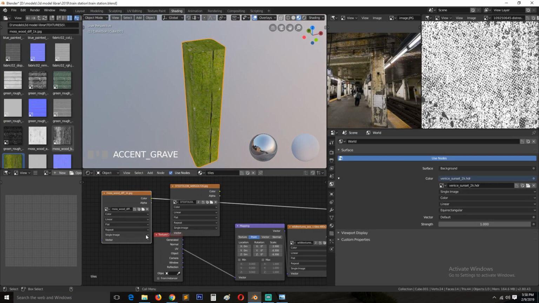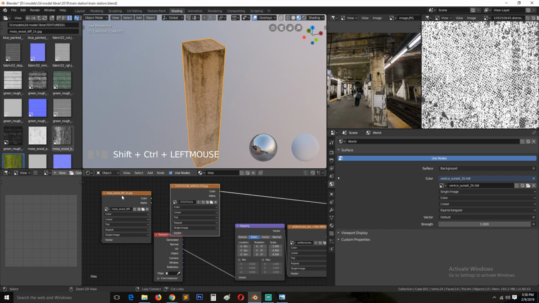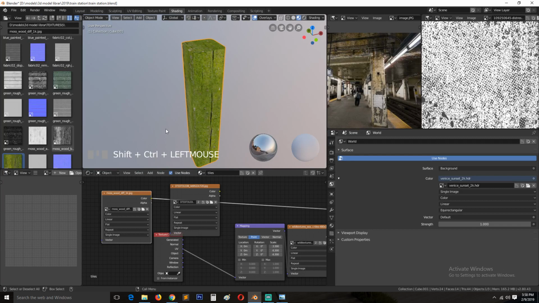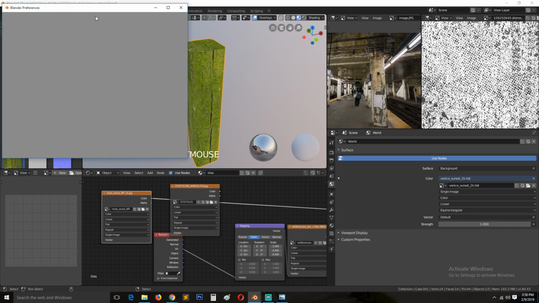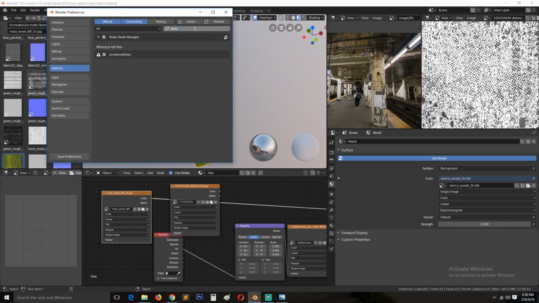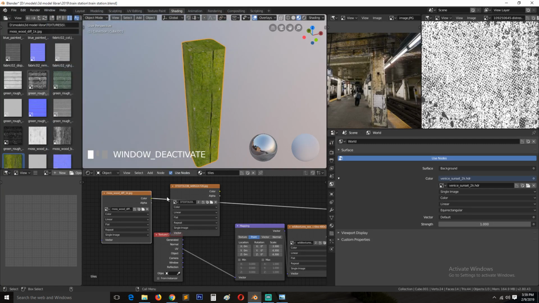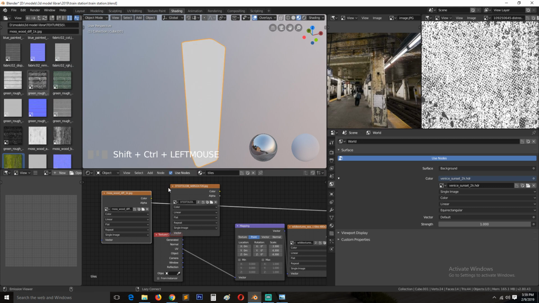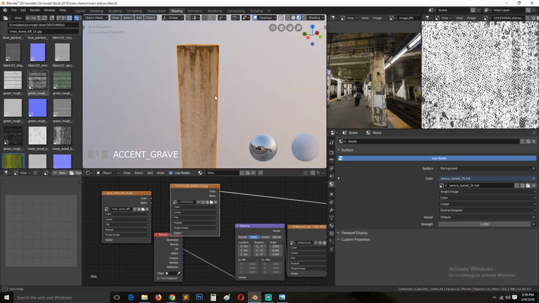And the way I'm previewing this is just you hold Ctrl Shift and then click on the node you want to preview. This will work only if you have the Node Wrangler add-on enabled. I guess I should show you how to add that. To enable that, you just go under Edit, Preferences. This should take a few seconds to load, and then Add-ons, and you can search Node Wrangler. It's this, and you can enable that to have these shortcuts enabled. So Ctrl Shift, and then click on the texture you want to preview